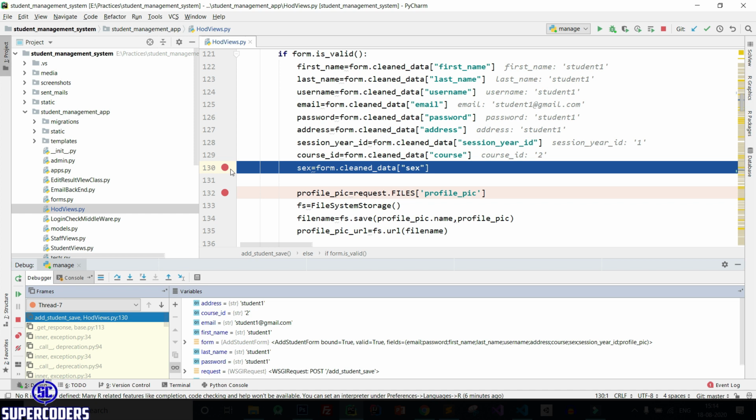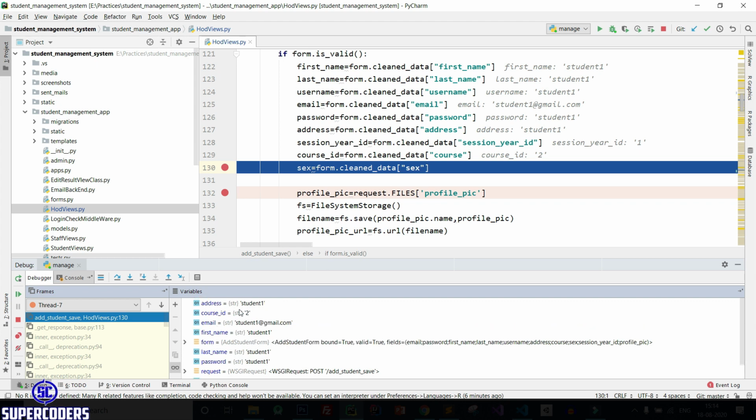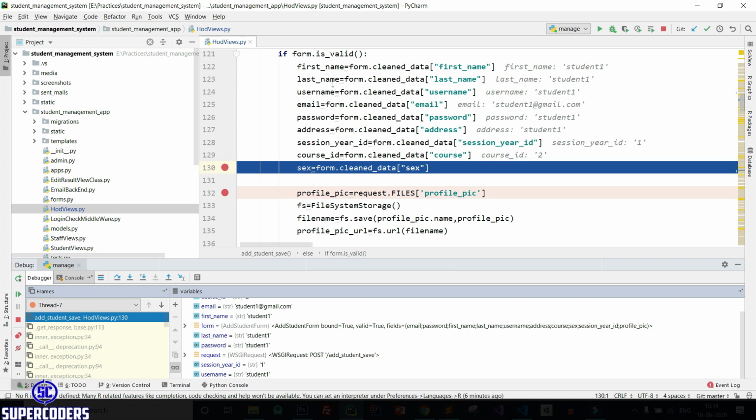Come to PyCharm, and you can see here it is paused. You can see it's paused here, and everything before this code we can access the value here. First is address, course ID, email, first name, form, last name, and also if you hover over any variable, you can see its value.